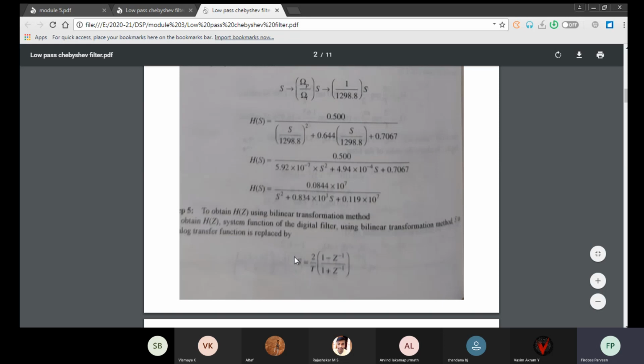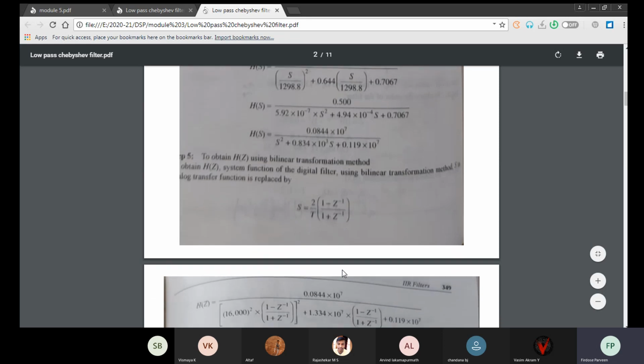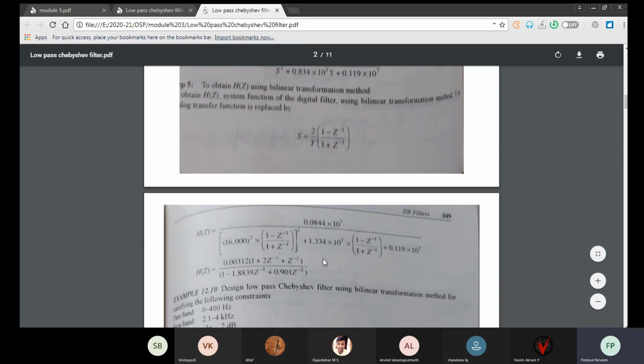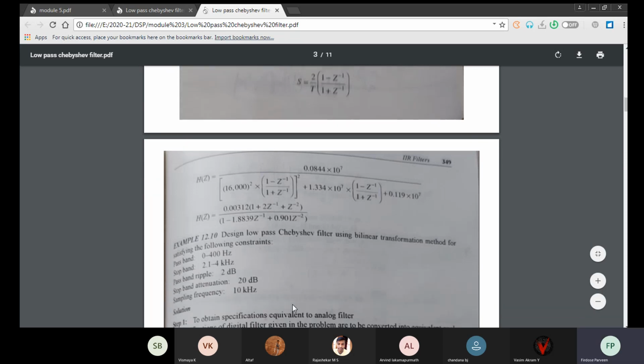So wherever s is there, you need to replace it by 2 by T into (1 minus z inverse) divided by (1 plus z inverse). So after replacing, solve this equation in this way. So what you will be getting is 0.00312 into (1 plus 2 z inverse plus z raised to minus 2) divided by (1 minus 1.8839 z inverse plus 0.901 z raised to minus 2). So next,